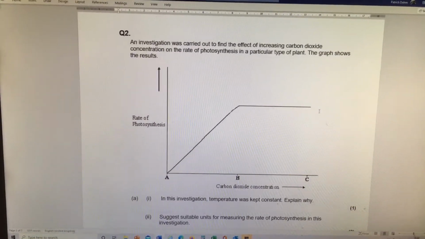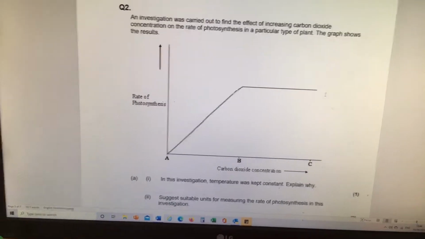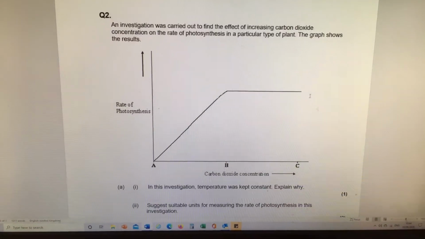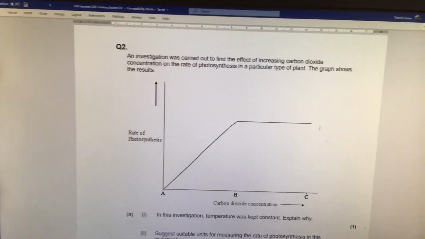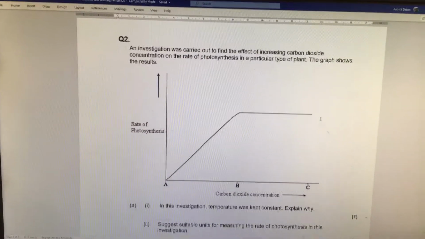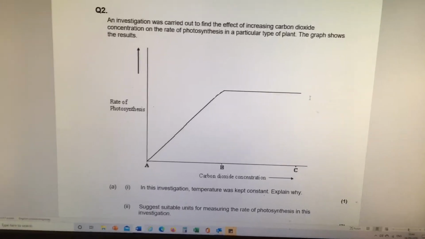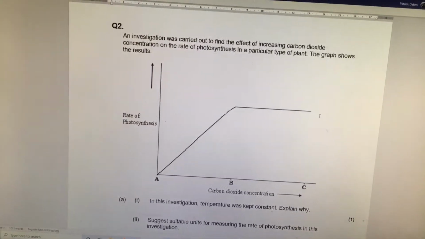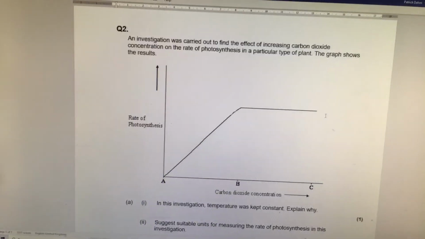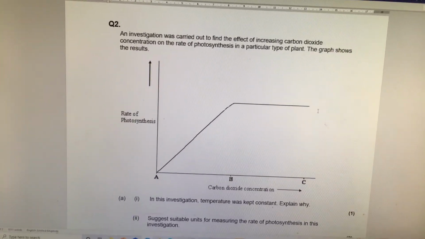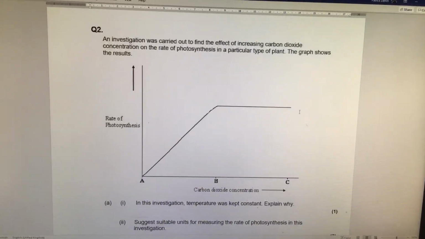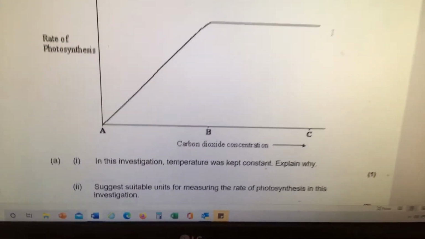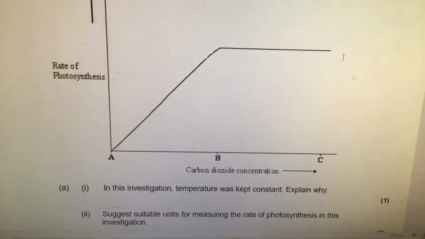So that's typical. You can see the axes, rate of photosynthesis being on the left. Now, remember, in A-level AQA, there's only 3 limiting factors that can be at play. Here it's carbon dioxide concentration, another one might be temperature, and then another one might be light concentration or light intensity. Okay, now both graphs for varying carbon dioxide, like we have here, or light intensity, look like this, which